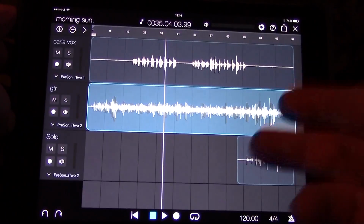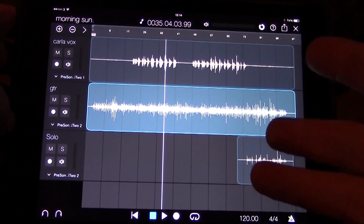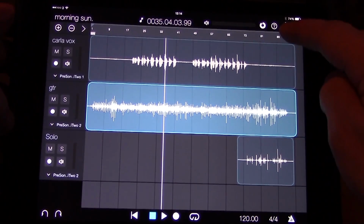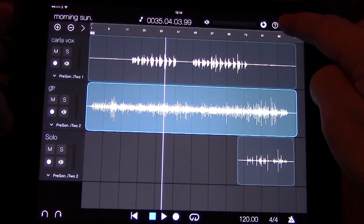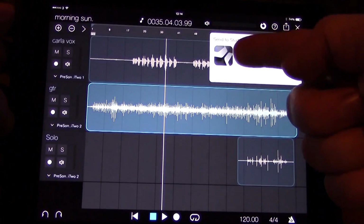Okay, cool. So now we have our 3 tracks in the iPad. The coolest thing about Capture for the iPad is that if we want to get our tracks out of the iPad and into Studio One, we don't have to email them or export them via iTunes or anything like that. We basically just select this tab, the square with the arrow at the top right hand side. This Studio One icon will pop up